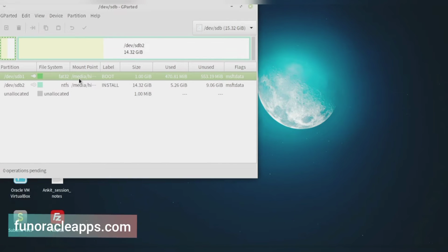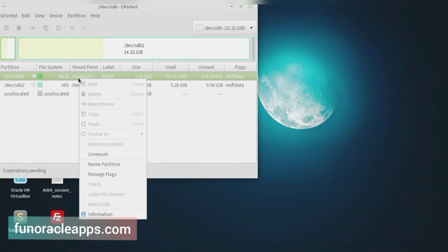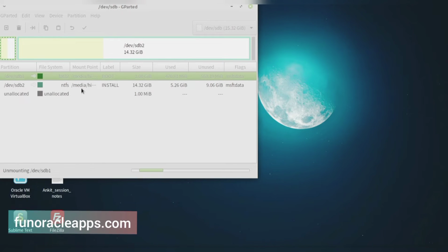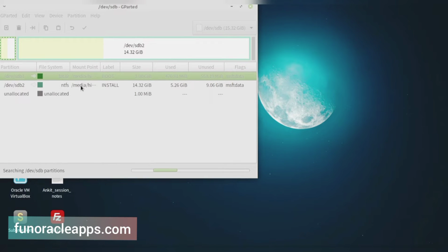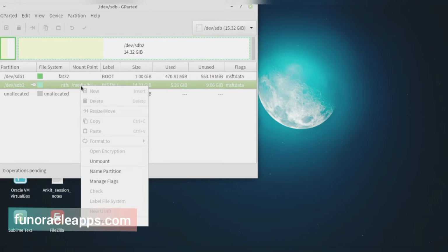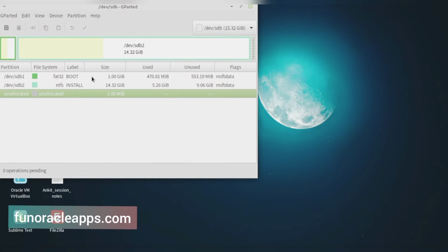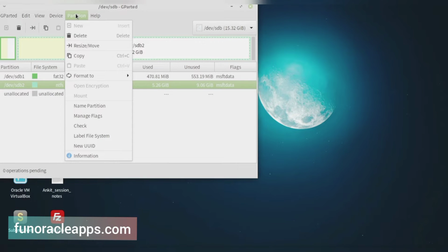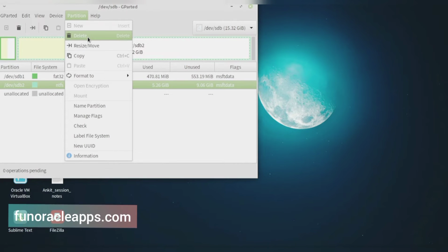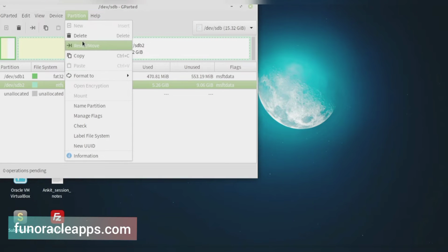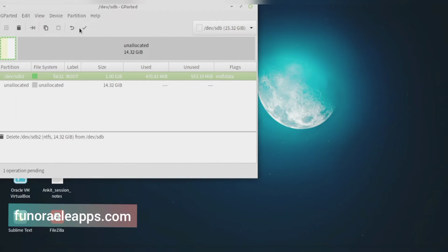So what I will do, I will simply unmount the partitions, whatever are present currently, unmount them. Okay, both are unmounted. Now I will delete the partitions, whatever were previously present.